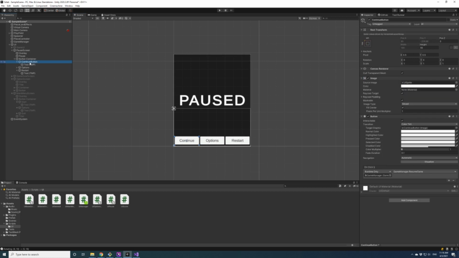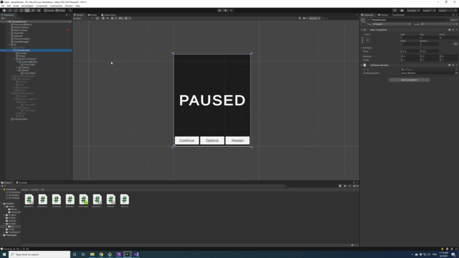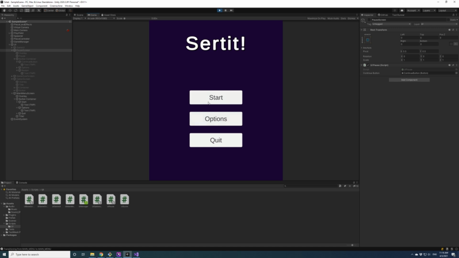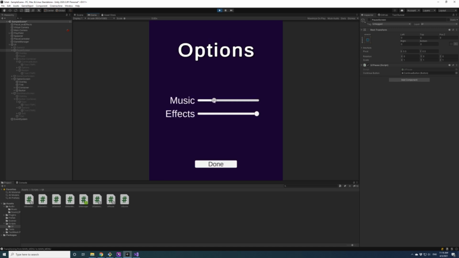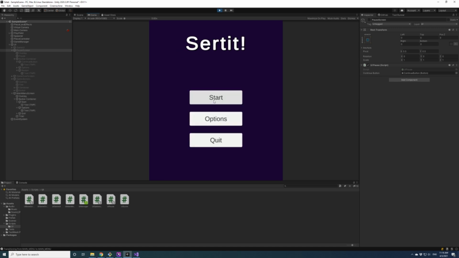So if we go to the continue button, here, so we want the continue button. And so that will tell escape should behave as if we,